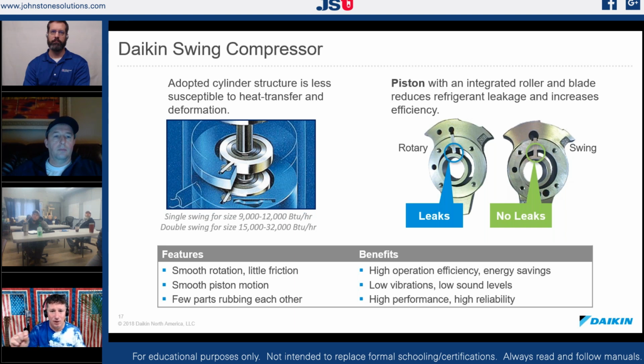So it's pulling in a volume and compressing it in an orbital passage. What Daikin particularly found is, remember, it's all about increasing the efficiency of the pump. If we can increase the efficiency of the pump, we can increase the efficiency of our motor, and consequently have a much more efficient compressor. So if we look at what's going on inside of a rotary